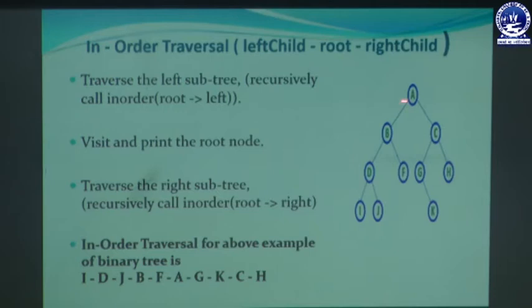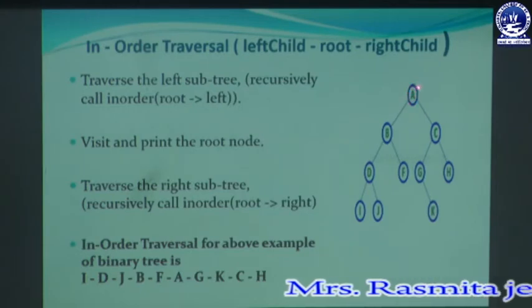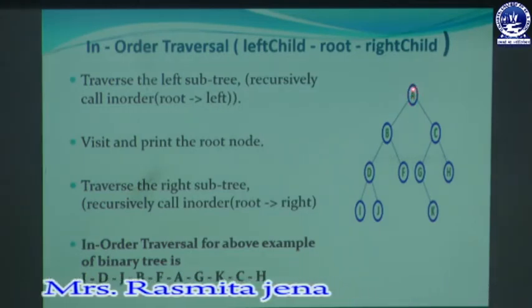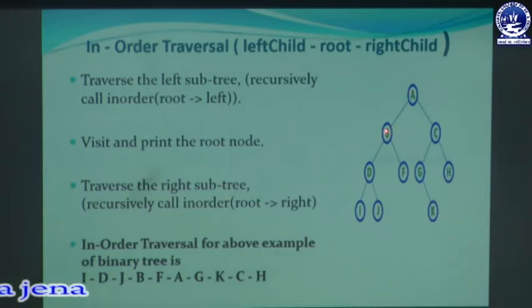So, this is our binary tree and we will traverse it by using the in-order traversal method. As it is based on the concept of left child, root, then right child, we will first visit the left child of this node. This is our root node, and we visit the left child, that means we come to node B. When we come to node B, this node also has a left subtree, so visit that left subtree first. So, go to node D, and again node D contains a left subtree, so visit that left subtree first.